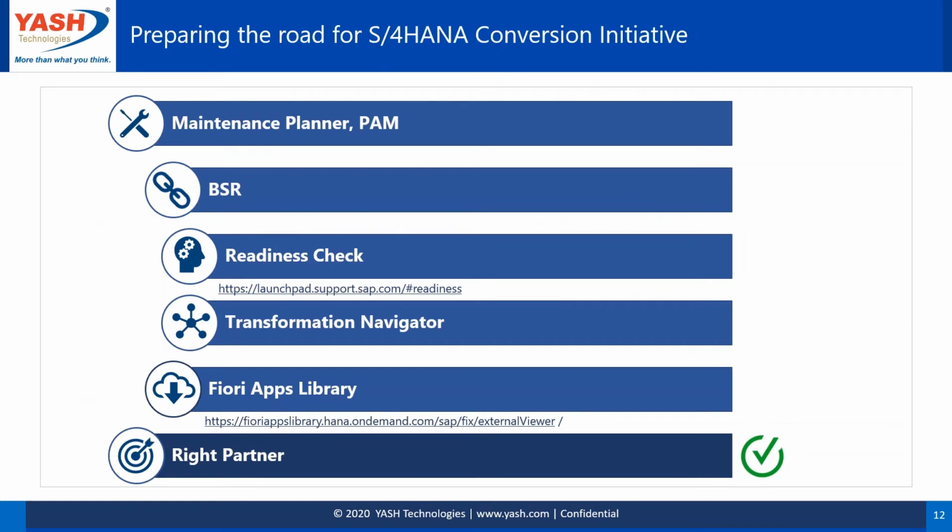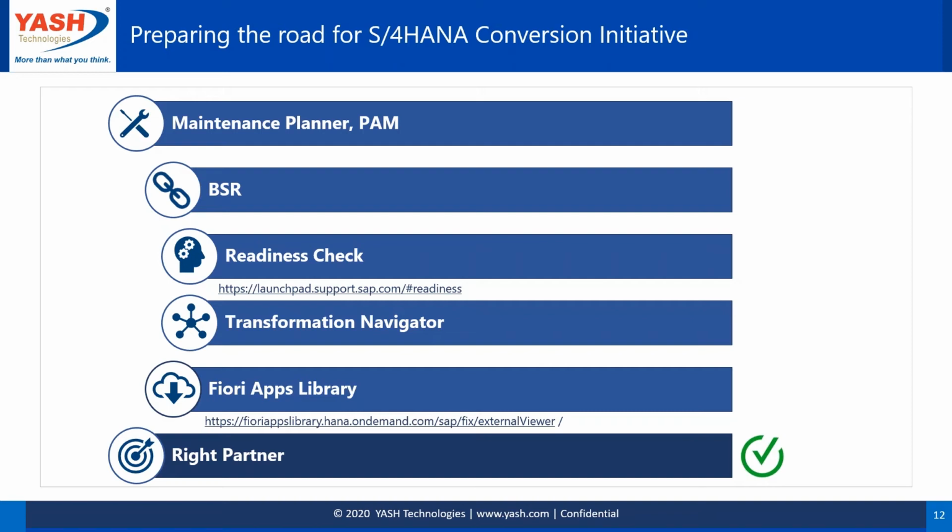So now, yes, the product is good. How quickly can I get there, or what are the things that I should prepare when I embark on the journey? If you're on the IT side, or on the business side where you're facing a lot of challenges, there are a lot of tools available which even your internal IT can leverage to see what the journey is going to be like. How many hops from my existing landscape, from my current hardware, my current OS parameters, my DB version, will it take me to go to S4?